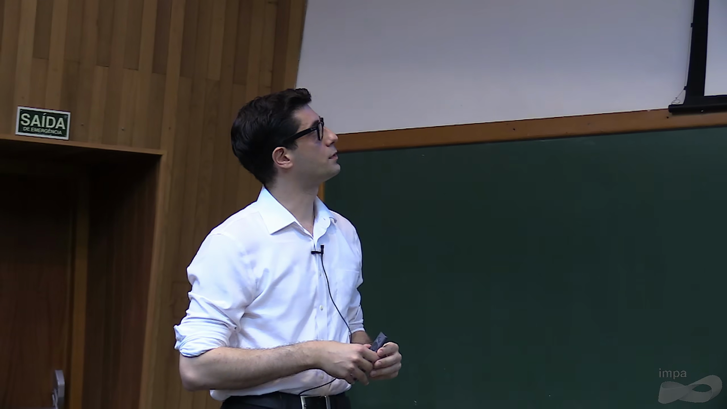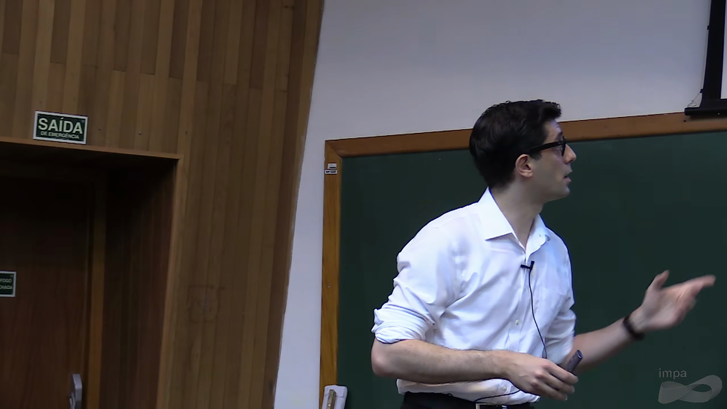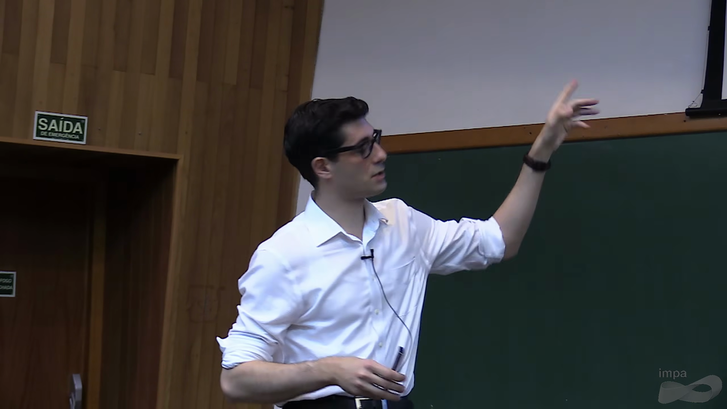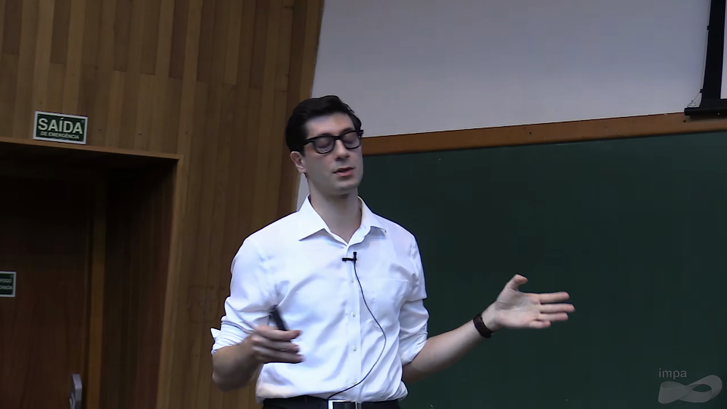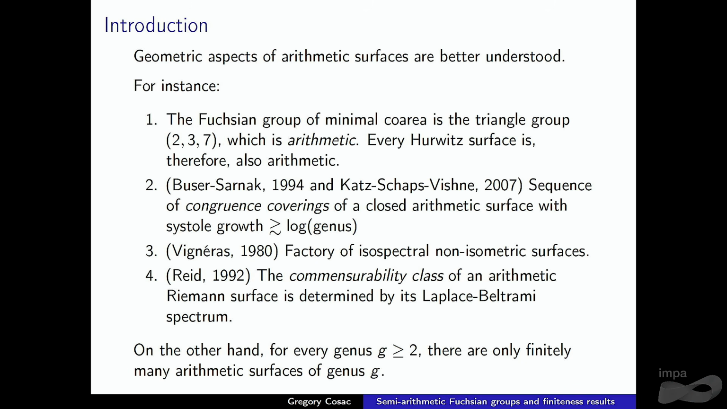of arithmetic groups. And number four, Reid proved that the examples built by Vignéras, although they're non-isometric, are all commensurable. They're necessarily commensurable. And then in 92, Reid proves that this is always the case for arithmetic groups. So the commensurability class of an arithmetic surface is determined by its Laplace spectrum. So when two of these have the same spectrum, they have to be